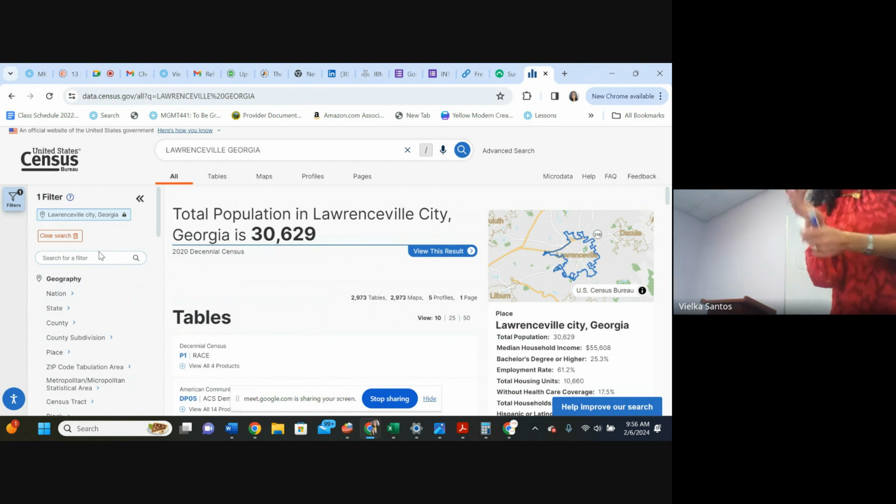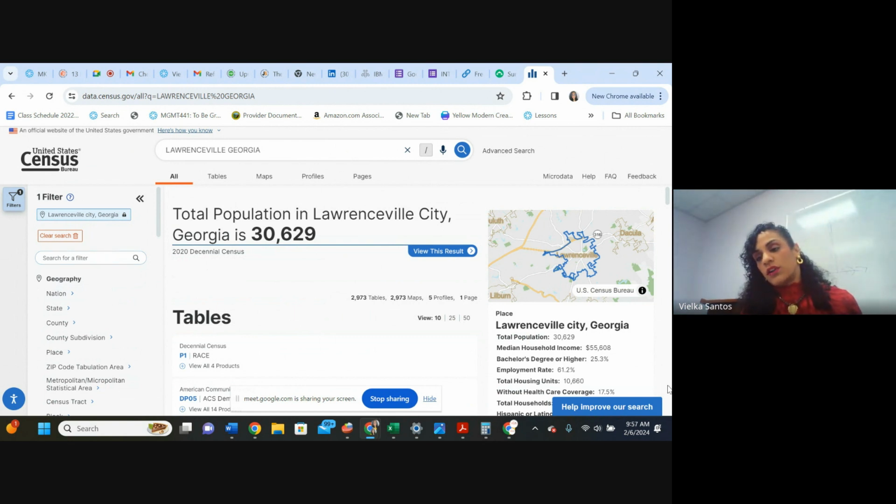You're going to see details about income, and you can see, okay, Lawrenceville City in Georgia is a population that I can reach because they have, for example, a certain amount of immigrants, and I want to reach the immigrants, or maybe I want the Hispanic population, or maybe I'm looking for some community that has a higher amount of income. So all of this data can help you if you look in the census. It's a very useful, $0 tool that you can use for your projects, business, etc.